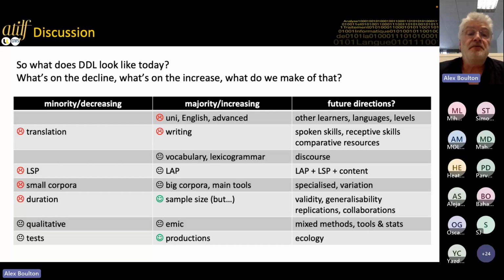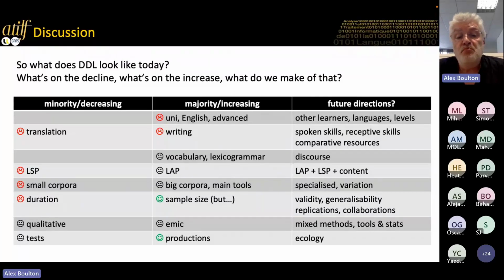And if you are going to look at DDL for writing, just doing another writing DDL study, it's been done so many times, but there are different ways to do that type of research. You might compare two different corpora or two different tools or two different approaches using the same corpus and the same tool or two different student populations. So there are ways to do more interesting things even with written DDL.